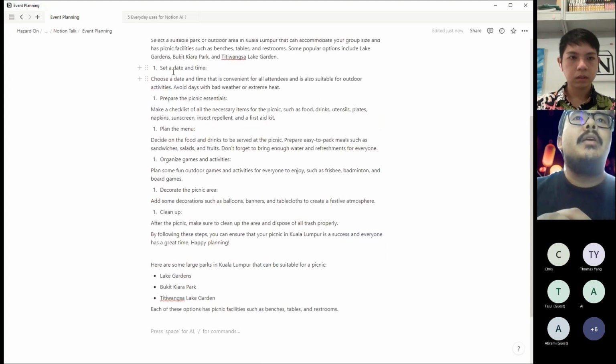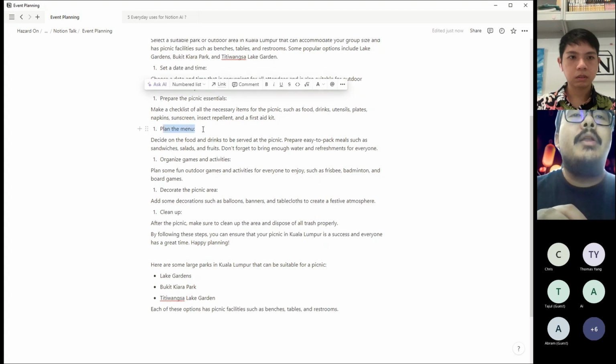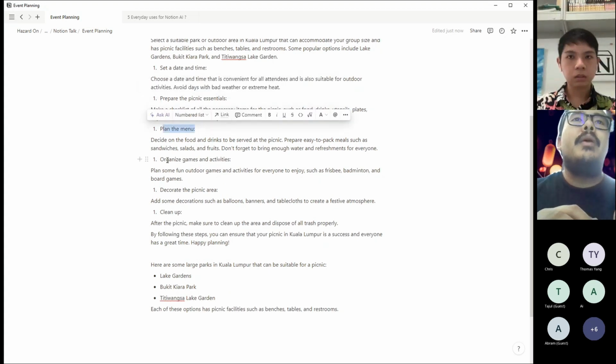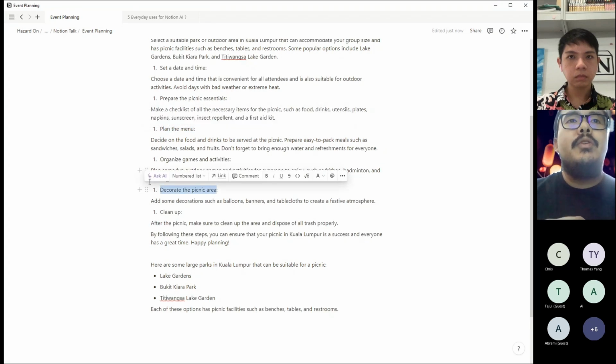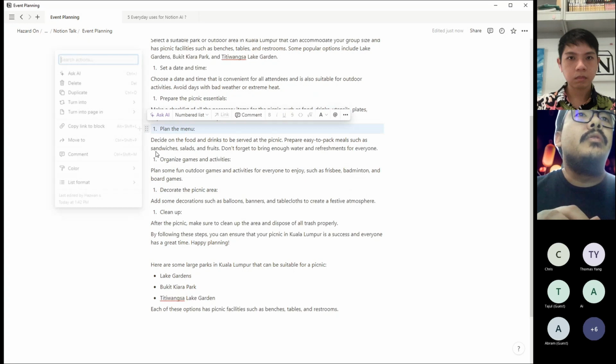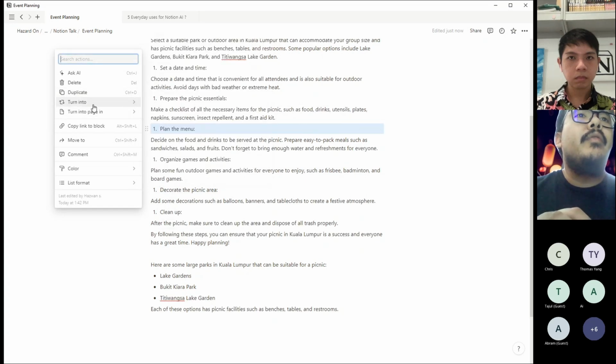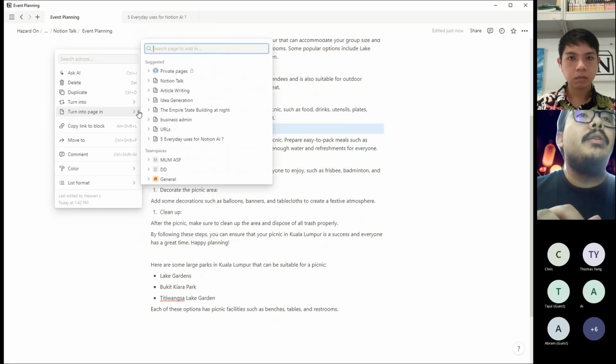You can use set picnic essentials, list picnic essentials, plan a menu, plan a healthy menu, plan a vegan menu, plan a diverse menu with specific dietary needs. You can give tips for decoration, so you can also make every point a page.